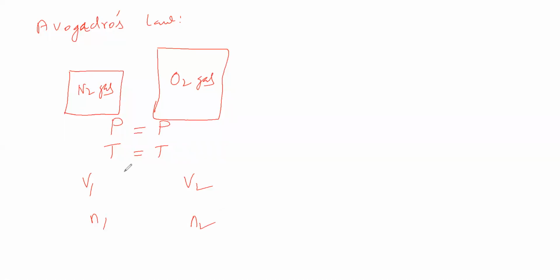Now, you say that the volume here is smaller than this one. So the number of moles here will also be smaller than this one. Therefore, we can say your volume is low, your volume is high. Since volume is low, number of moles is low; number of moles is high. So if volume is high, number of moles is high when pressure and temperature are fixed. Therefore, we can say V is directly proportional to number of moles.